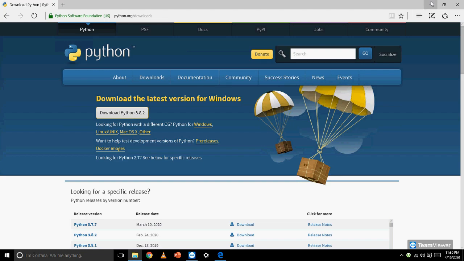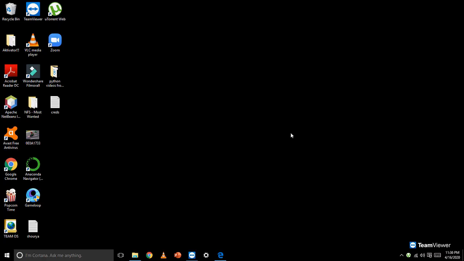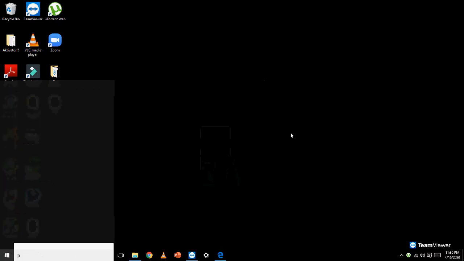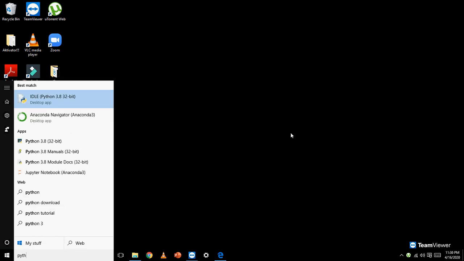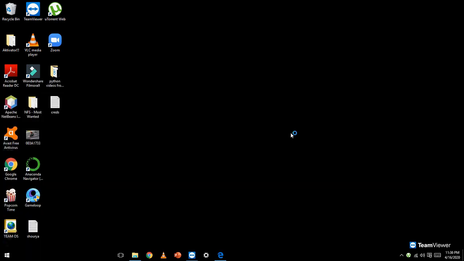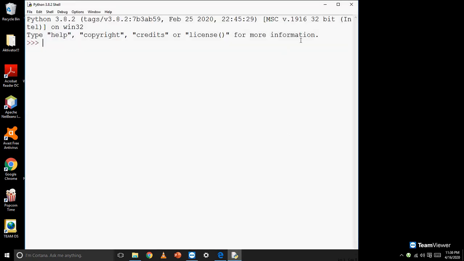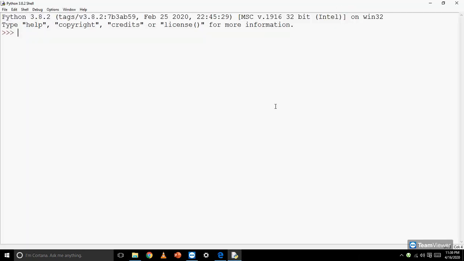I'll minimize this and then I'll try to see if it is running fine. So I've just searched Python here and there is a desktop app by the name of IDLE, which I will open by pressing the enter key. So let me maximize it.